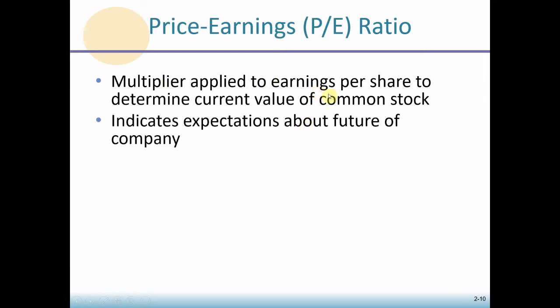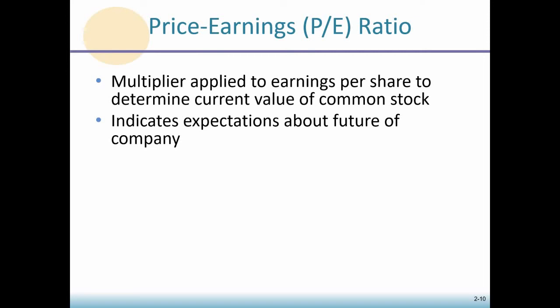So let's go back to that example that I gave. If my earnings per share were $5 and I paid $100, and that's the current price of the stock, what's the price earnings ratio? Well, it's 20. So the price of the stock is 20 times higher than the earnings per share. That indicates some expectations about the future of the company. If you look at a PE that's a little higher, and anything over 20 is getting to be kind of high,